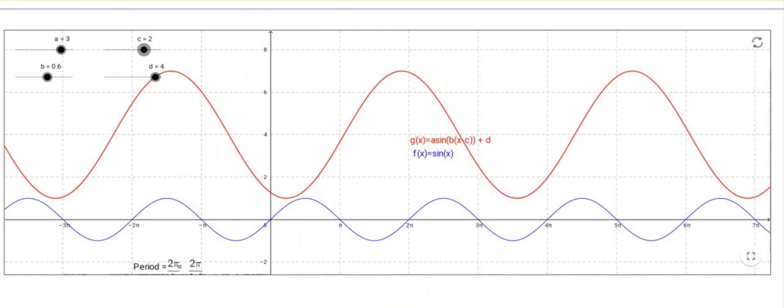If you look at this graph here, we can see the blue is the original sine graph, and our graph of 3 sine has been stretched by 3, but it's got a vertical shift of 4. Our graph is here at 1, and the top of our graph here is at 7. So we've got 7 and we've got 1. And the graph has actually shifted over